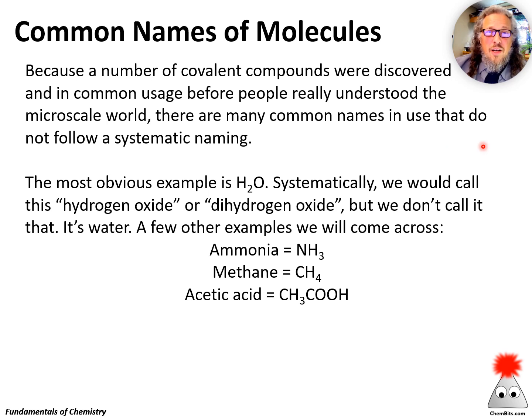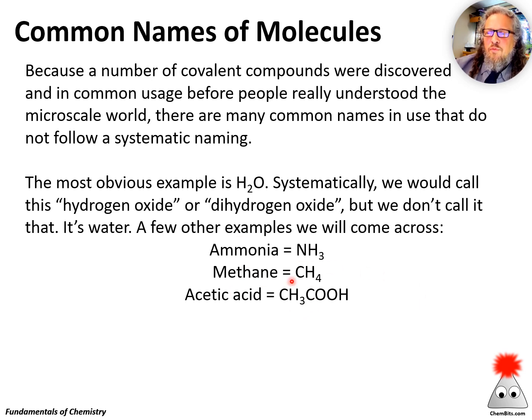Now, a lot of covalent compounds were actually known long before the field of chemistry or even many of the sciences were developed. Because of that, there are a lot of common names that are floating around that we still use today. The most obvious one is water. H2O is water. Now, systematically, we would call this hydrogen oxide or dihydrogen oxide, but we don't call it that. We call it water because that's its common name. That's well understood